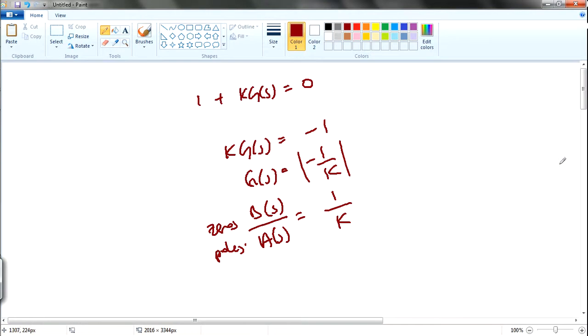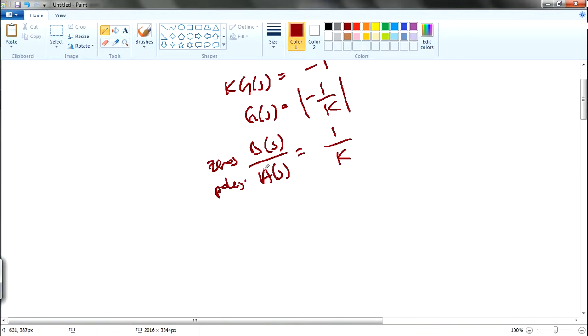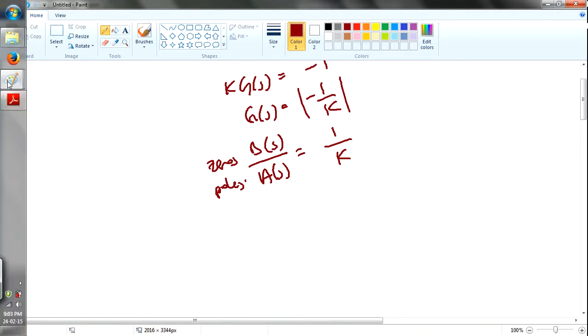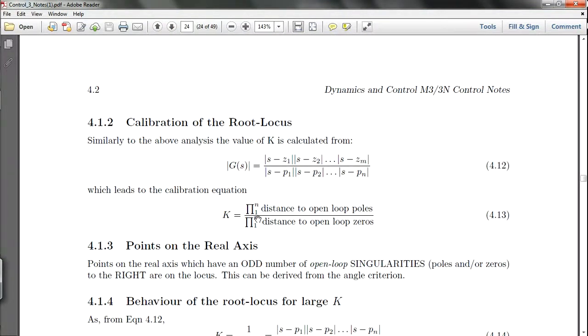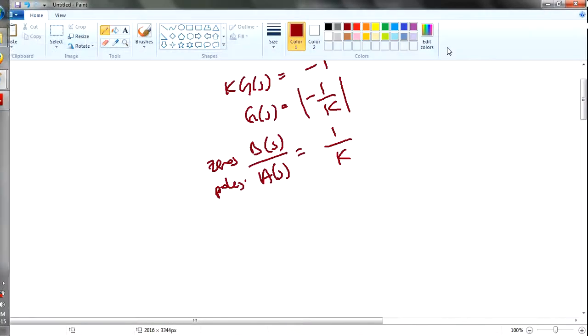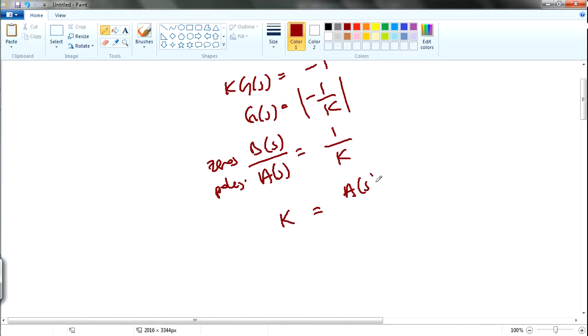So far I think you understand, right? I'm just taking the characteristic equation, bringing the minus 1 over here, and then bringing down the k. You get this thing, and then the transfer function V(s) over A(s) is equal to 1 over k, and since they actually show you that k is equal to something, right?